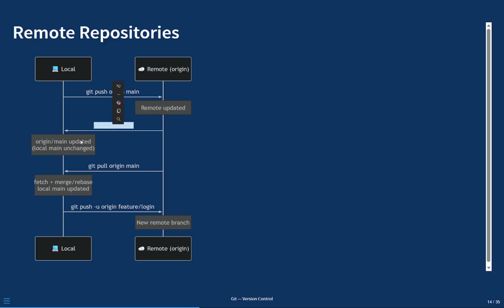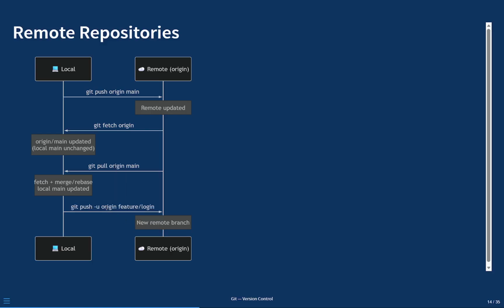It downloads any new commits from the remote and updates the remote tracking branches like origin/main on your machine, but it does not touch your local working branch. You get to look at what changed before deciding to integrate it. git pull origin main is fetch plus merge in one step. Convenient, but it immediately integrates the remote changes into your local branch,